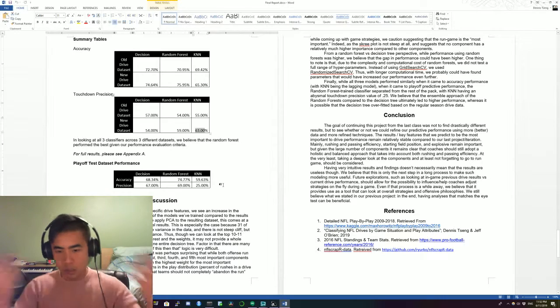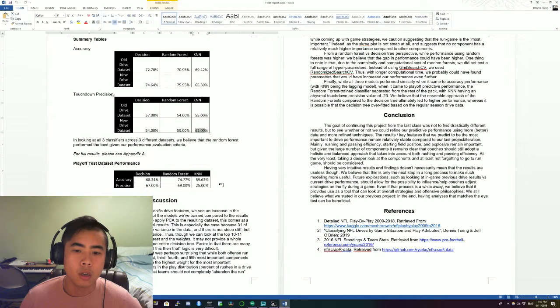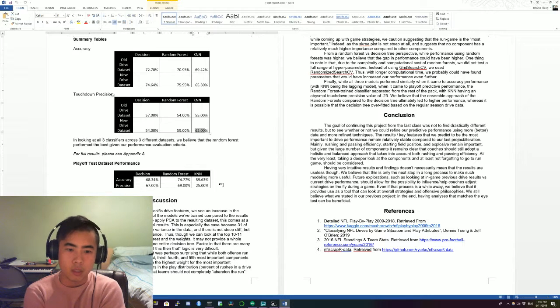So in conclusion, what we essentially did was continue off of the work that we've done before, take the regular season data, add more features to it, essentially double the features, and include some extra work. Rather than just looking at one set of tuned decision tree and KNN, we expanded that to include random forest, and then doubled that to make sure that the new data set that we've created actually performs better training-wise than the old data set. And what we ultimately find is that it does.